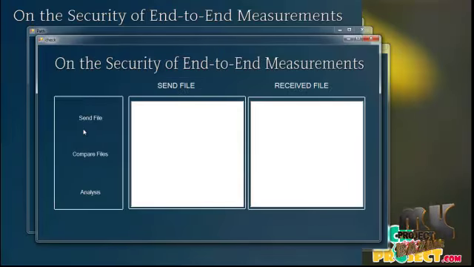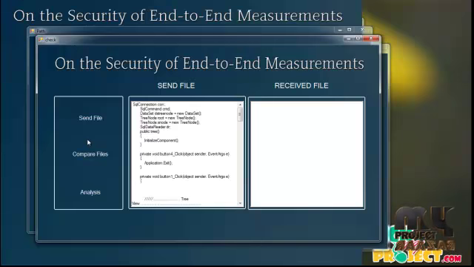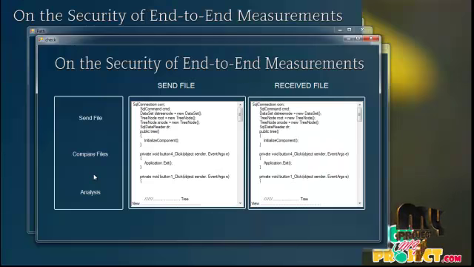As admin, we check the user sent files and destination files. The destination user received files. We compare the files to see whether both are equal or not. Click on the send files button, and the user sent files are displayed here. Click on the compare files button, and the received files are shown here. As admin, we check for any losses in transferring files, such as hackers altering the file content. Finally, comparing the files, the content has no losses. The admin checks whether any files are lost or not, and the files do not lose any content.